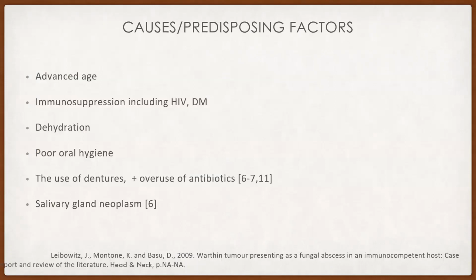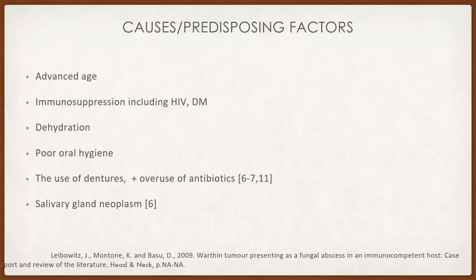There are predisposing risk factors that have been identified for fungal parotitis, including advanced age, immunosuppression, dehydration, poor oral hygiene, and comorbidities, which include diabetes and HIV. The use of dentures, in addition to this, has been reported as a predisposing factor, as well as the overuse